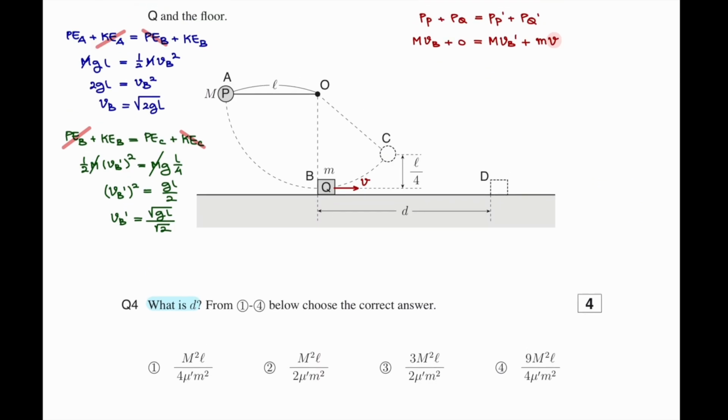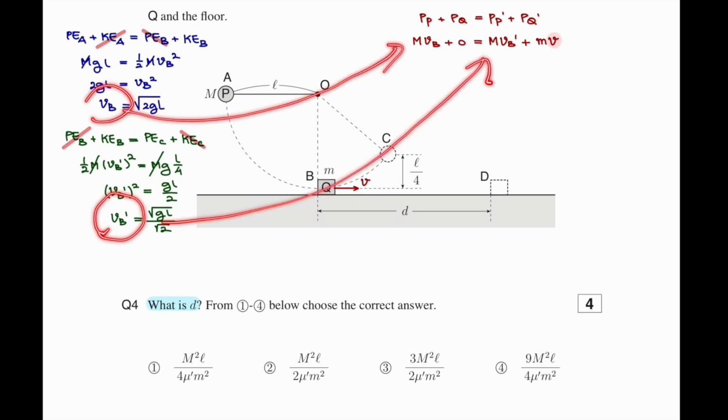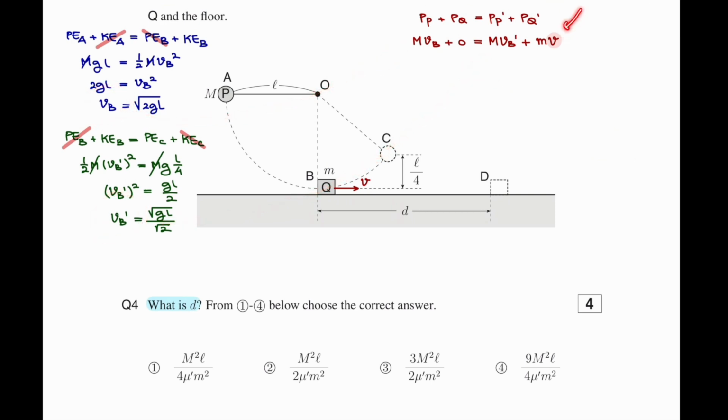I already have Vb and Vb prime. The next step is I will substitute them into our conservation of momentum to find v. Don't forget, we want to find this one. Okay, if I substitute, I will get m times Vb, which is this one, I can write down as square root of 2 times square root of gL, is equal to m times Vb prime, which is square root of gL over square root of 2,